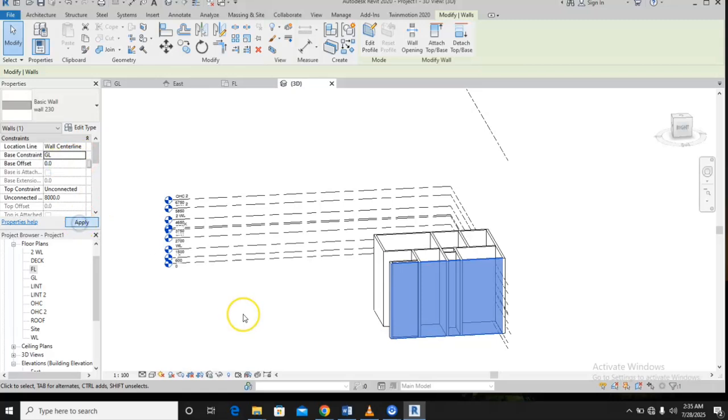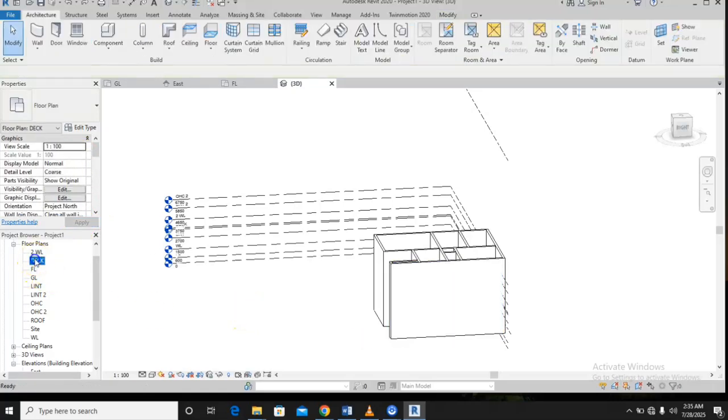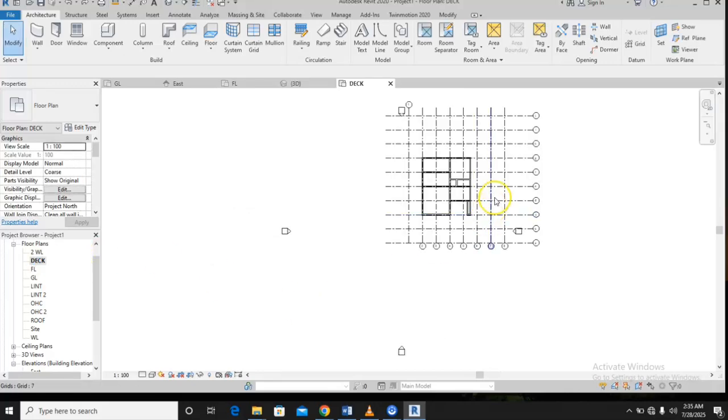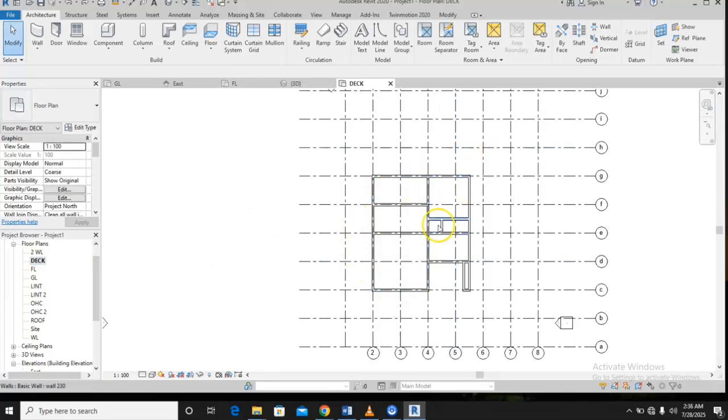Okay, but before then let me show you something. Undo. Let's go to decking level. You're seeing the same design is appearing at the upper floor. You understand? But what we are having at the upper floor is different from what we'll be having at the ground floor. So what you are expected to do now here is